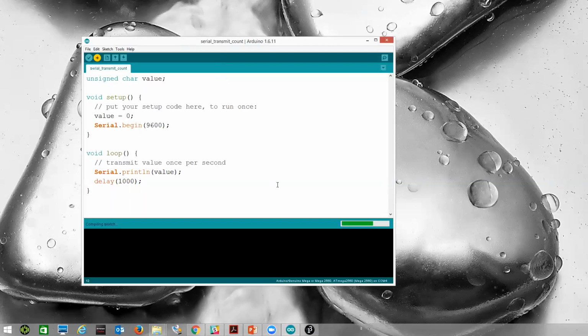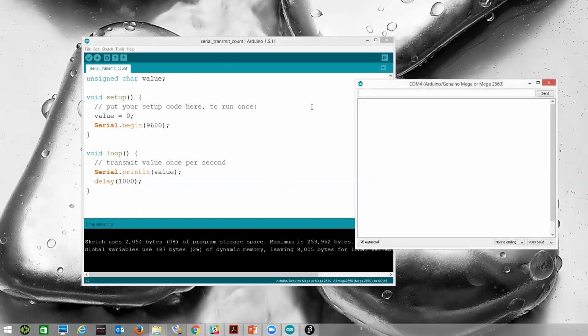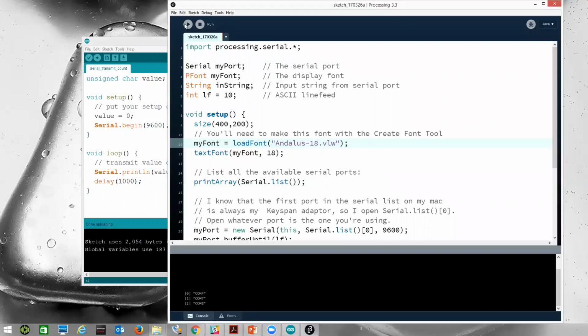So a lot of times, before I send things to processing, since this is transmitting, I can just open the serial monitor and see what values are being transmitted. And you can see we're transmitting just the value of 0 once a second. I need to close this because if I want processing to be able to grab the port, I can't have the serial monitor as the receiver. One or the other, not both. So now, if we just go ahead and say run here,